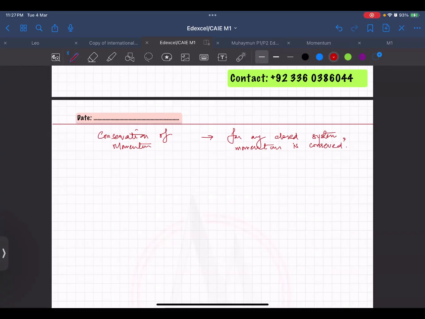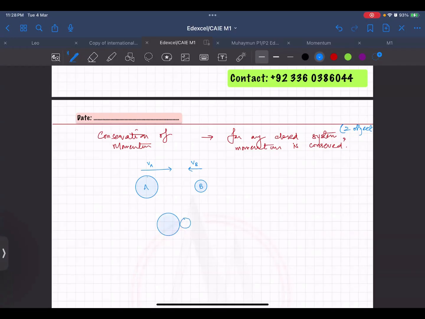By a system, I mean that we would have a system of two objects. For example, let's suppose there is a ball A. Again, there's a smaller ball B. They both are going towards each other with their particular velocities. Let's suppose this is VA, this is VB. So definitely they would collide. And when they collide,